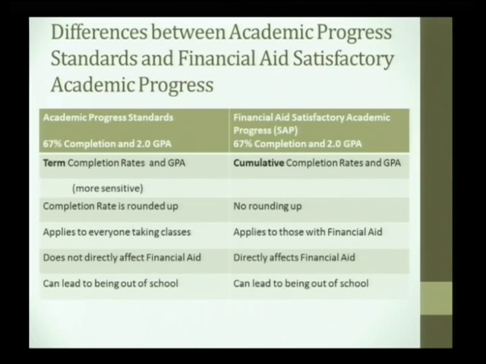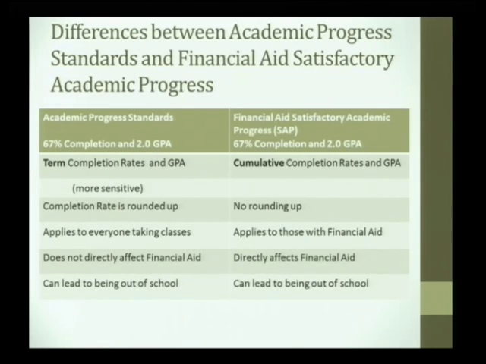This is a direct effect on financial aid. If you end up one term in a row not meeting the SAP standards, you're on warning, probation, which means you have to meet them the next time, and you may need to meet 100%. You need to know what your financial aid expectations are in order to get out of that probation status. And if you have a second term, then your financial aid is suspended, and you have to appeal to get it back. It may or may not be approved, so it has some pretty significant consequences.